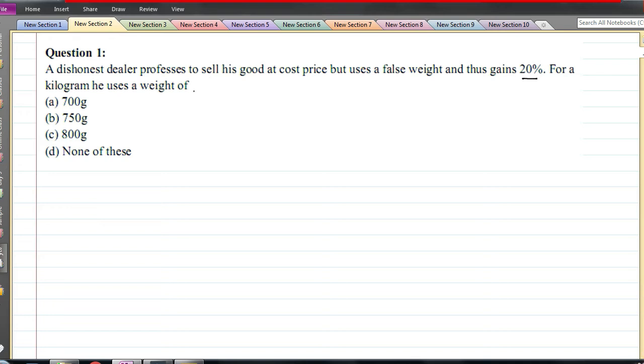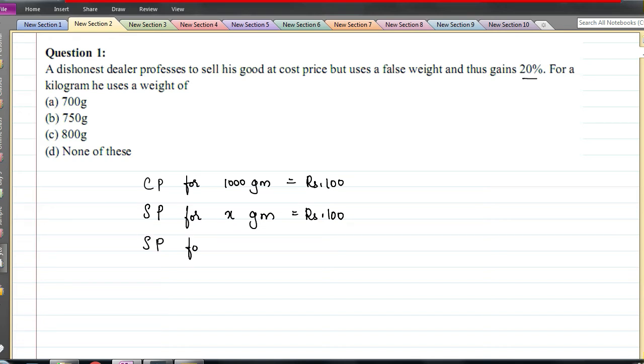Now here they have given selling is done at cost price. Therefore, if I take cost price as 100 rupees, selling price is also going to be 100 rupees only. So cost price was for 1000 grams, selling price is for x grams. We don't know how many grams. This x is what we are supposed to find. Selling price for x grams is 100 rupees. Now selling price for 1000 grams,